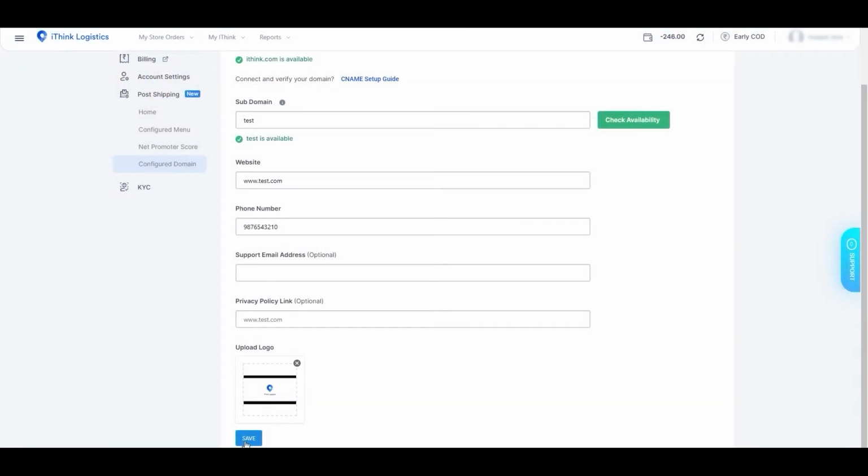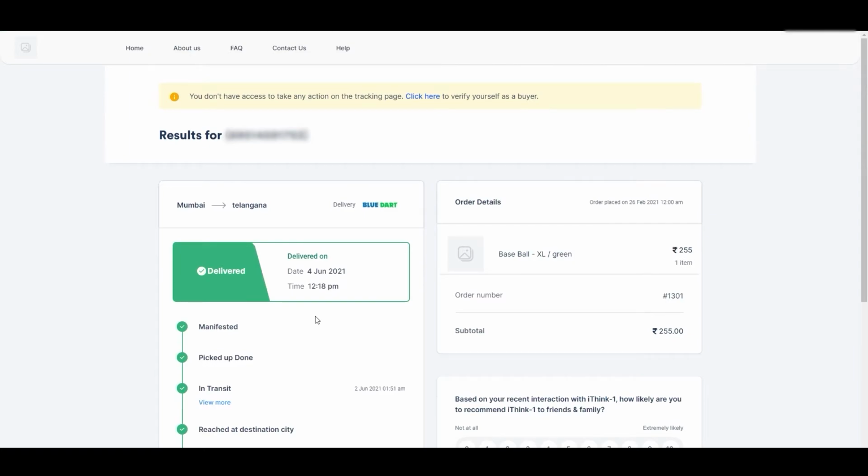Now to navigate the tracking page, the first thing you need to do is click on tracking page option. Then you must enter AWB number to track shipment. As a customer, you will be able to navigate this page and find the following information. In the header, you will find logo and the menu link.